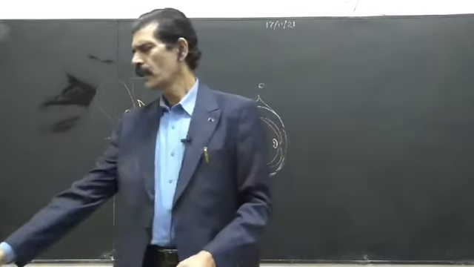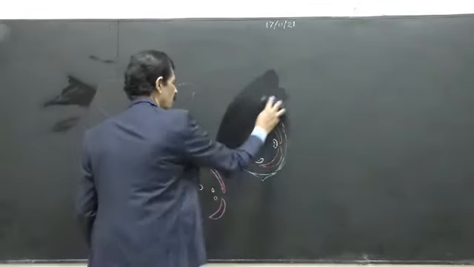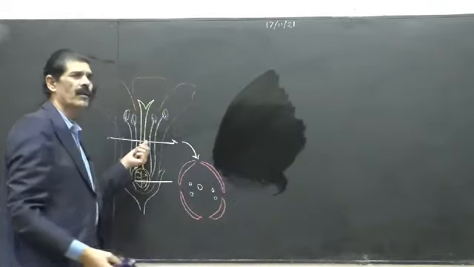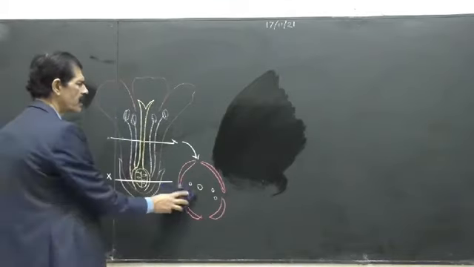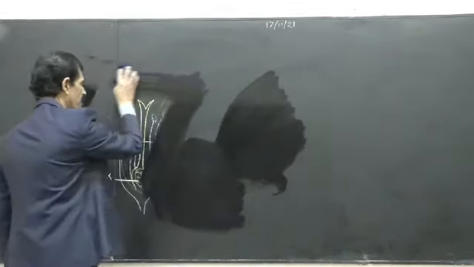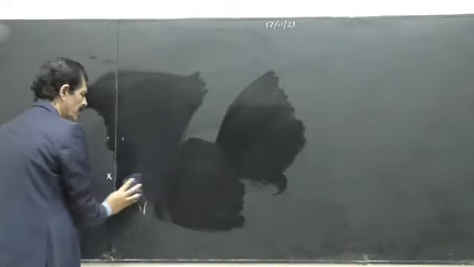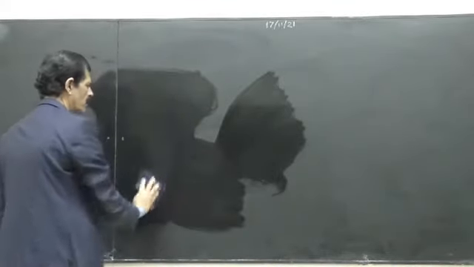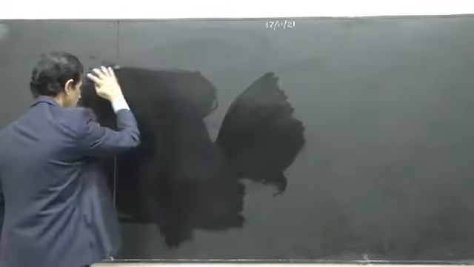Now we will start with the sections of the brainstem. Before going into the sections, as for the floral diagram, you should know how to draw the LS, or the longitudinal section, of the flower. Same is the basis if we want the brainstem sections: first of all, we should know how to draw the brainstem, or how to cut the longitudinal section of the brainstem. Then only we can understand it.